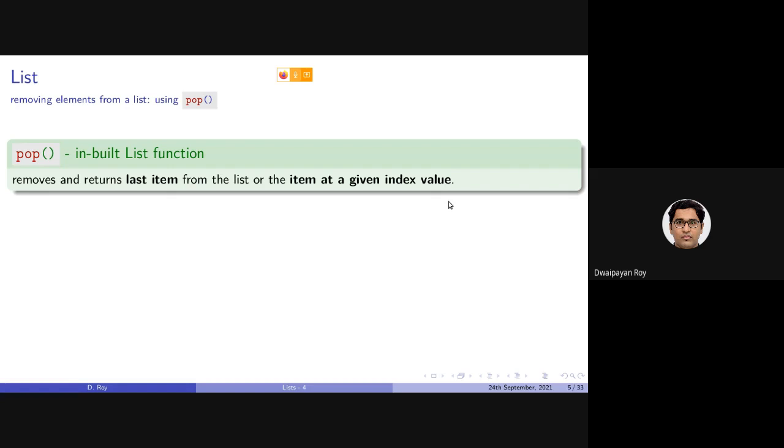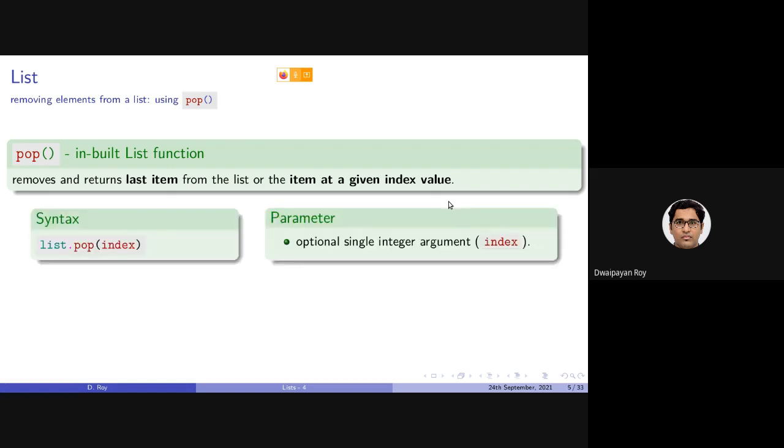So basically, there are two ways we can use pop. The syntax is like this: the invoking list from which you want to delete, dot pop, the function name, and then there is an optional parameter which should be an integer, which can specify the index from which you want to delete.